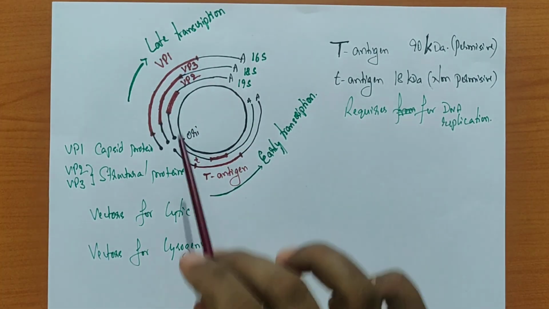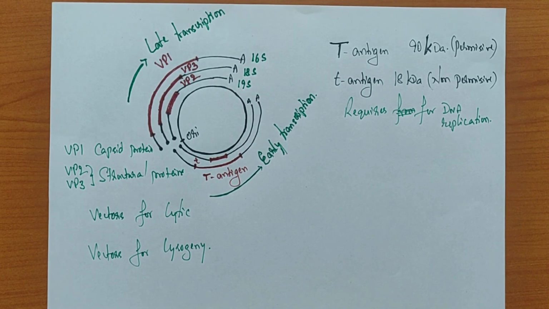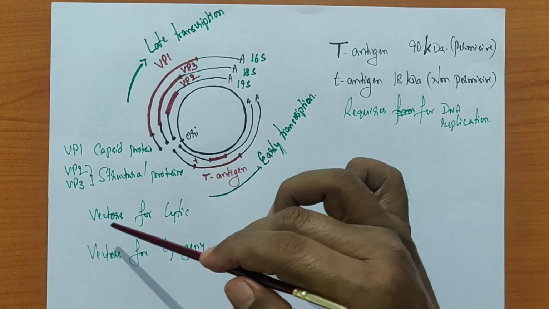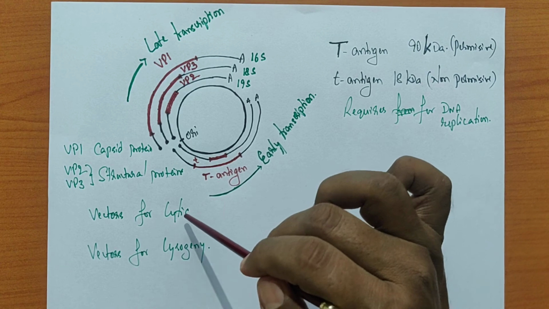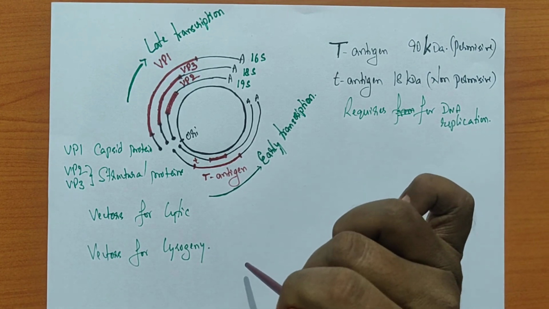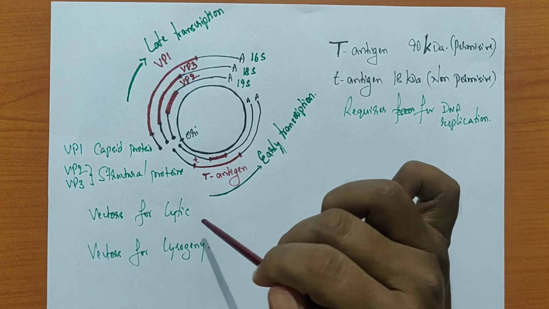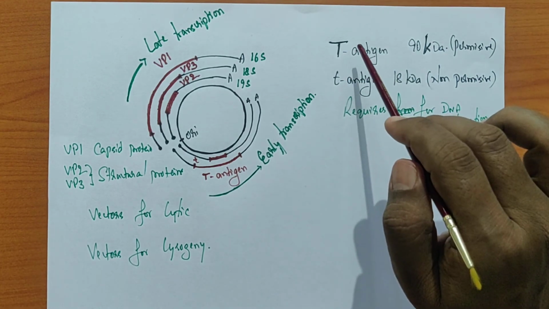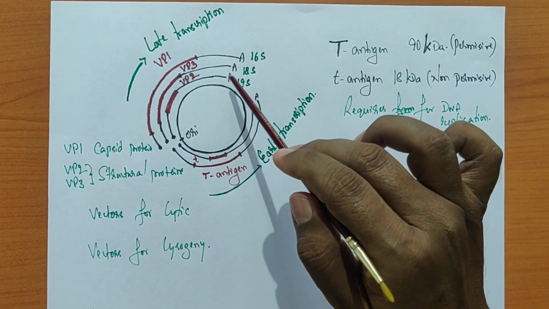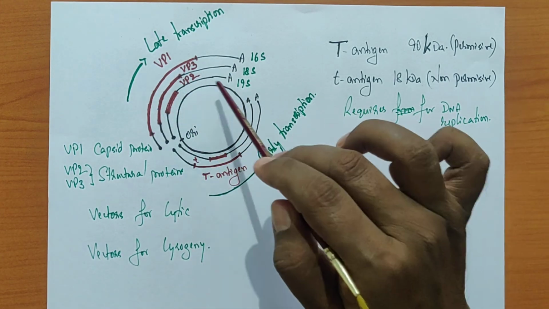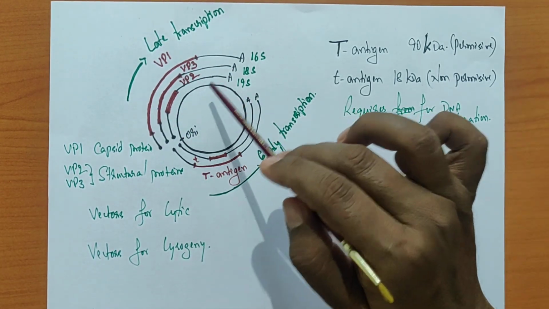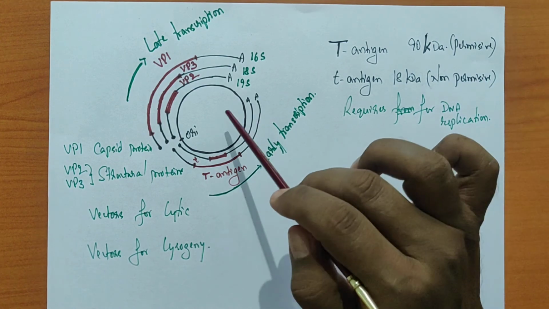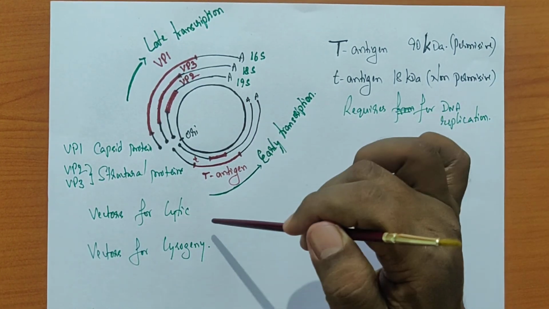Now using this, as well as the strategies which we have also discussed about the Phage DNA or the Cosmid-1 in terms of Phage vectors, we also have designed vectors for lytic and also vectors for lysogeny in fact. In the case of vectors for lytic, the T antigen is very critical. Once we have the T antigen, we can keep only the structural protein genes VP1, VP2, VP3, and all other DNA elements are removed, and that particular region is replaced with the DNA of our choice.